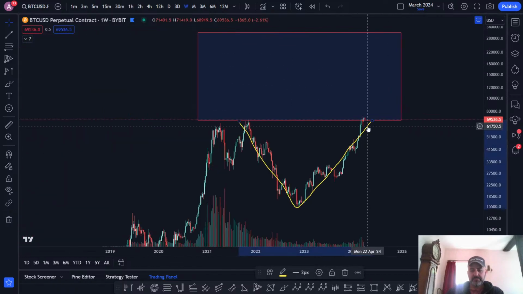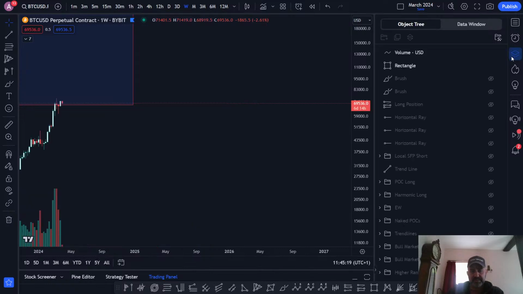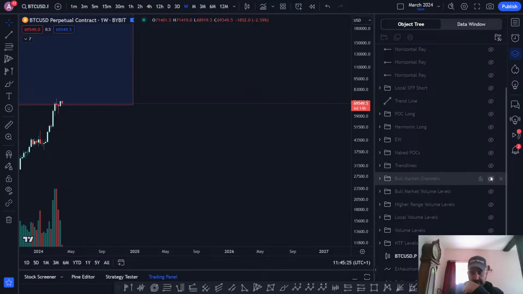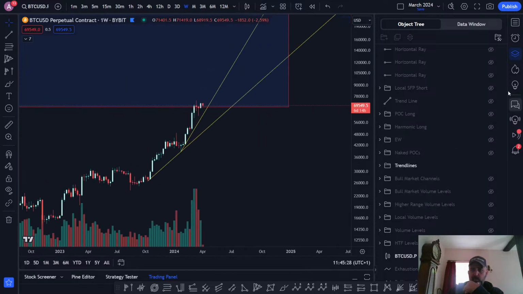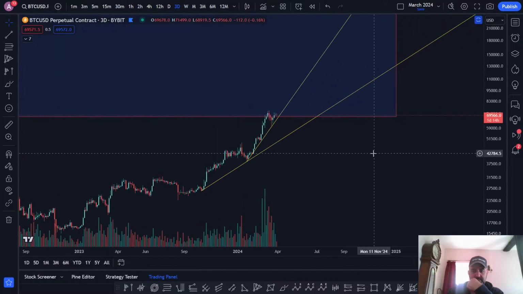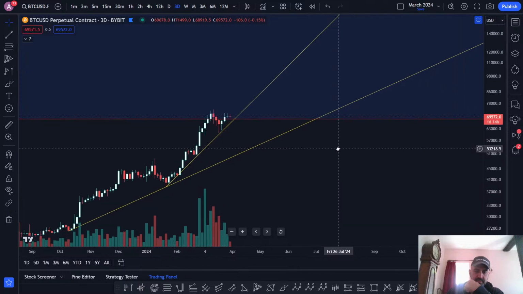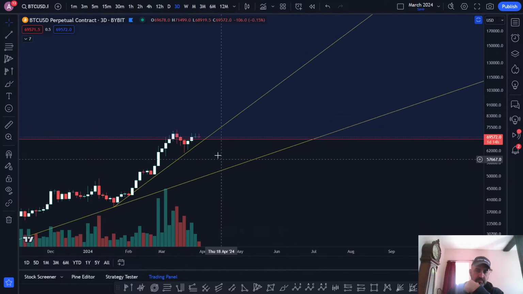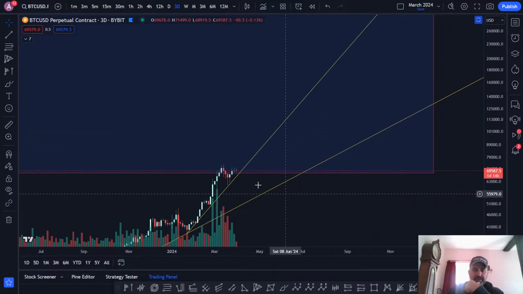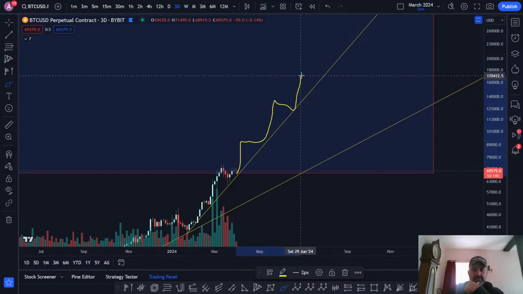So let me just show you what I'm thinking. We have a potential steep trend line here. I think I drew them out. Not there. Bull market trend lines there. So we have some trend lines. We might be on this steep one now. If we start ascending on this steep trend line now, I don't know how we're going to go up, but let's say we just bounce off this trend line.